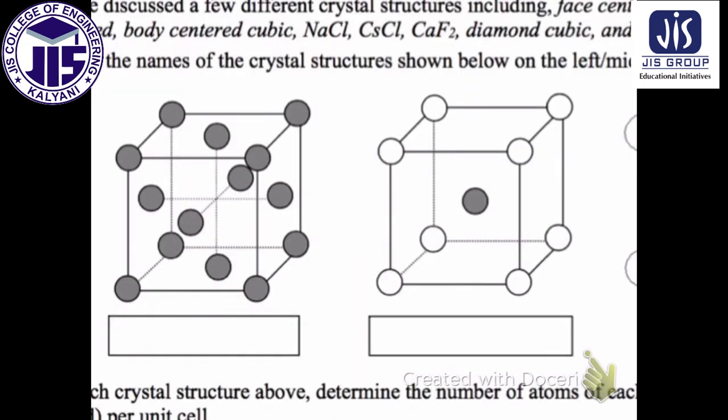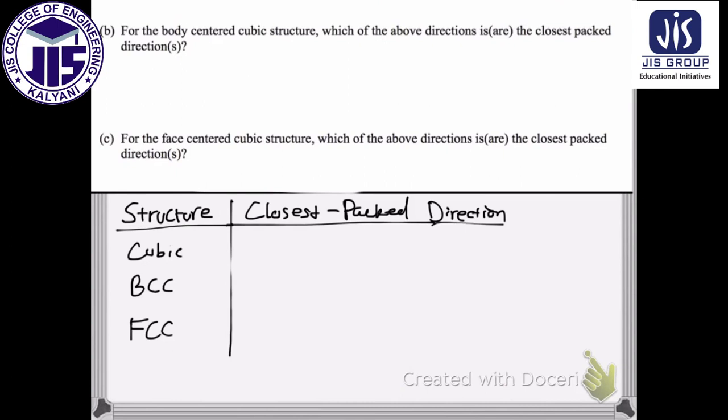The one here on the left is a face-centered cubic. You have a simple cubic structure with an atom at every corner of the cube, and then you have one atom at the center of every face, if you can see that image there. And the one on the right there is a body-centered cubic. You have a cubic cell with the atom at the middle. So the one on the right is BCC, body-centered cubic. The one on the left is FCC, face-centered cubic. So now we have those structures.